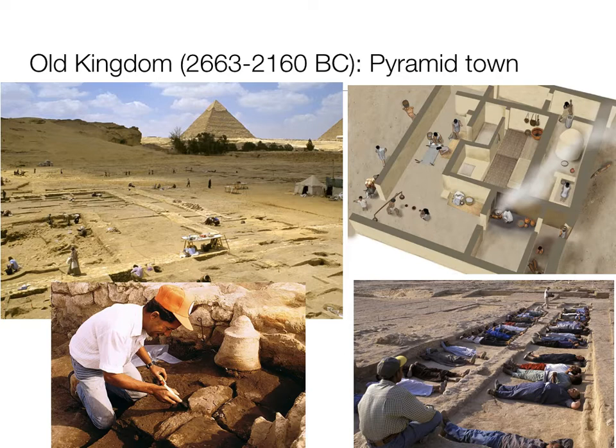They may or may not have wanted to be there, but they were sequestered, possibly at times when the river was in flood and there wasn't a lot of work. They were well fed, well taken care of. You need a strong, healthy workforce to build this sort of project, and that seems to be what was taking place in the pyramid town. Obviously, it's not someplace most of us would want to work, but they did seem to be well housed and taken care of. A lot of bread, a lot of beer, a lot of meat, and so forth.